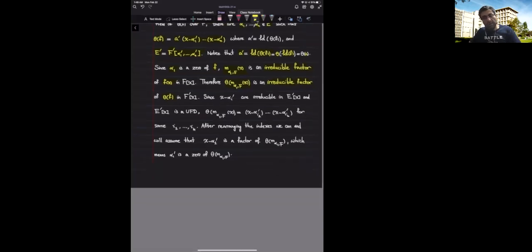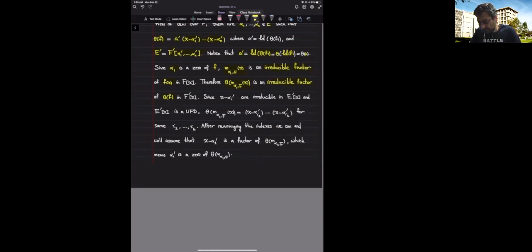Now, over E prime, theta of f can be written as a product of degree 1 factors x minus alpha i prime. Theta of this minimal polynomial is supposed to be a divisor of theta of f. That means, by using the fact that the ring of polynomials is a UFD, we can write down theta of this minimal polynomial as a product of some of the irreducible factors of theta of f, which means some of these